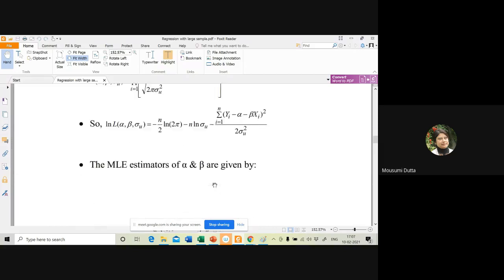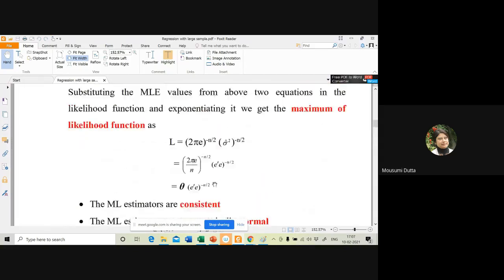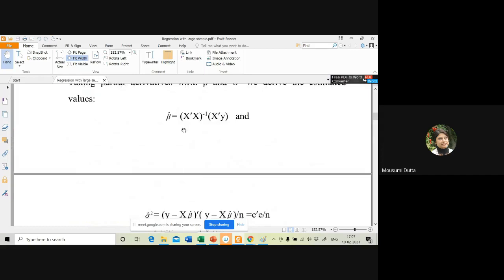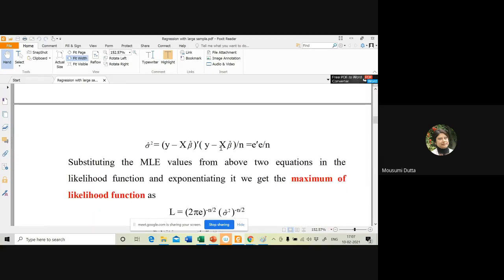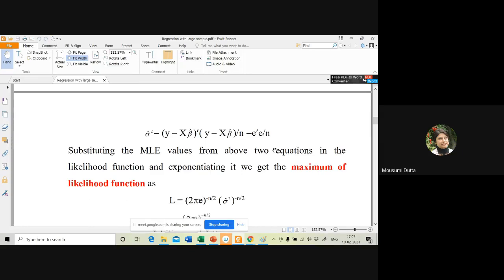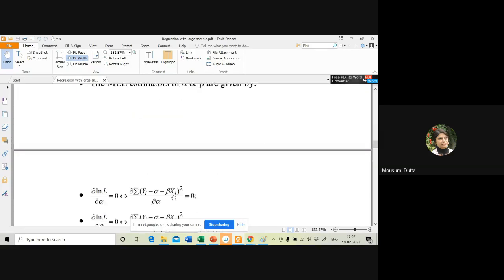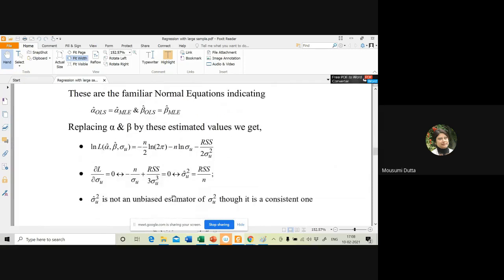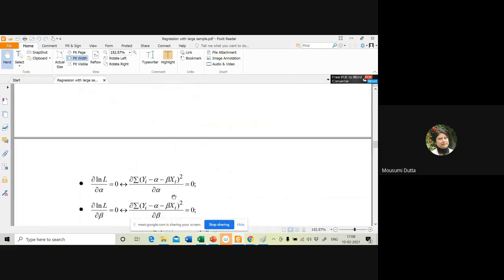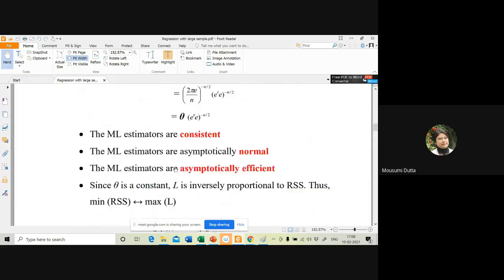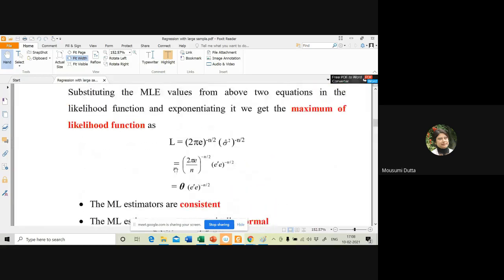So in the above things which I claimed, the estimated values of the estimators will be similar to those of OLS, and the numerator of the sigma hat square value will be similar. However, there will be a change in the denominator that you will be able to understand if you solve this part. Many of you did it at your undergraduate level. Those who didn't, please check the steps and do the things. You will understand that you are getting back the OLS estimators.